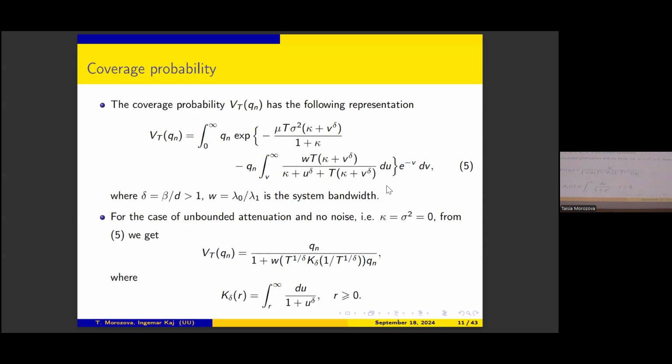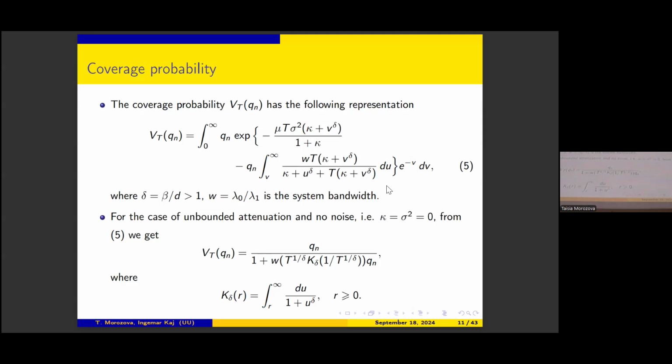So this is an expression or representation of the coverage probability of a general cell. It's not really a closed form, I guess, because there's an integral, which unfortunately we cannot compute analytically. But I think this formula is still quite useful because you can do numerics, right? It contains all of the parameters that you need. And if you're interested in the behavior of coverage probability with respect to some of these parameters, you can quite easily do this with this formula, and then do some plots and see how the function behaves. We also did some parameter reduction here for simplicity.